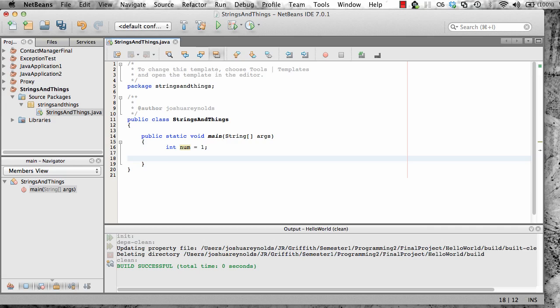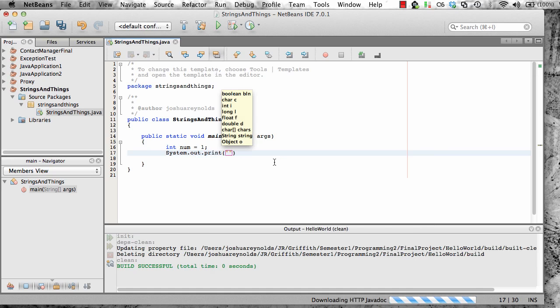So I also wanted to show you string concatenation. Well, actually before that, I'll just explain this. Whenever you're declaring a variable, it's the data type, in this case the primitive data type integer, which is int for the keyword. Then our variable name is equal to 1. So whenever you're assigning a value to a variable, it's always the variable name on the left and whatever it is on the right. So for string concatenation, we're just going to do a